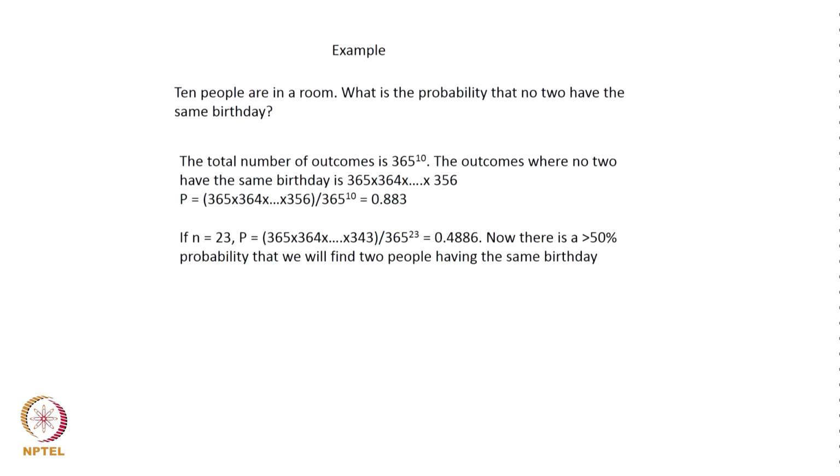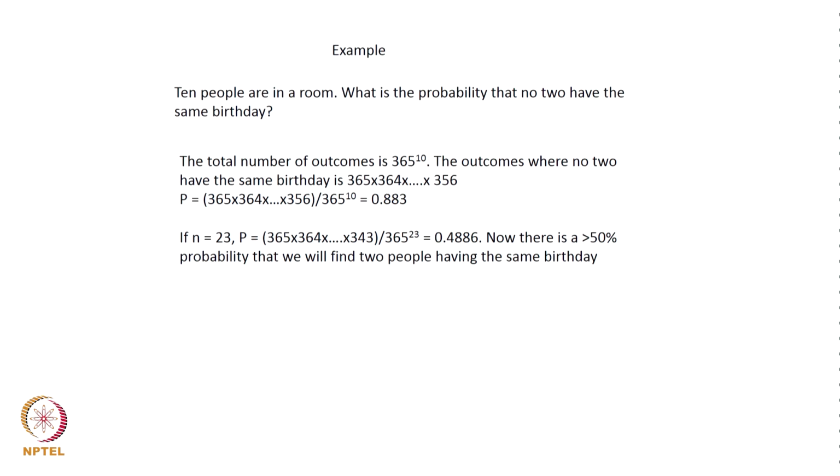Now let us look at another example. 10 people are sitting in a room. What is the probability that no two have the same birthday? Now assume that the year is made up of 365 days and so on. So total number of outcomes is 365 to the power 10. The outcomes where no two have the same birthday is 365 into 364 and so on into 356, and therefore the